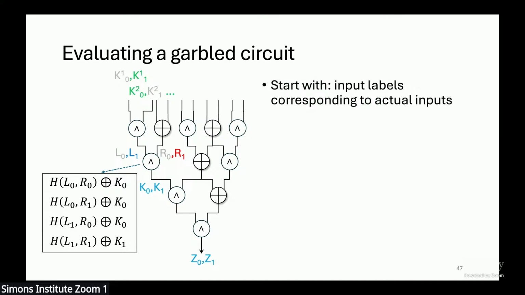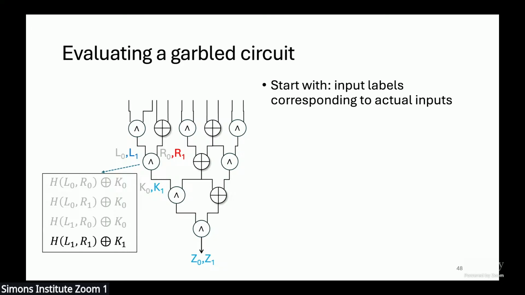For example, when I get to this gate in the circuit, if I have, say, the input labels L1 and R1, then I can decrypt these by looking at the last row of this encrypted table, and we'll recover K1. Of course, there's a problem here that if I'm garbling and I don't actually know what these labels represent,